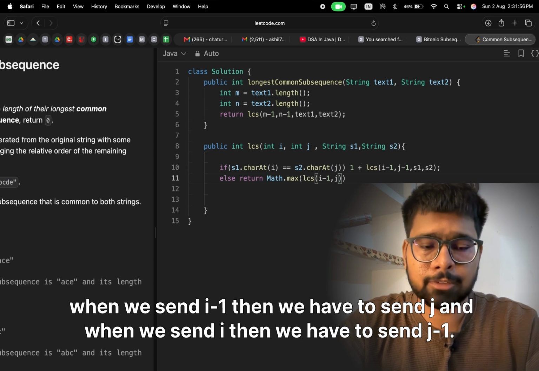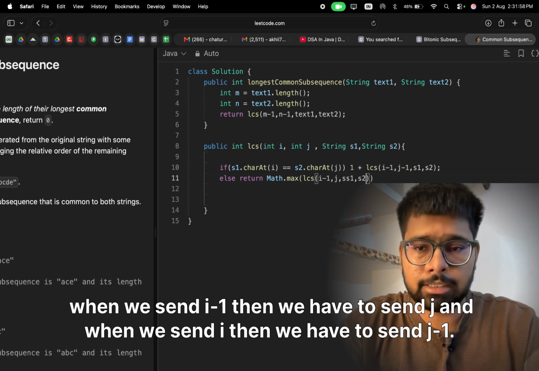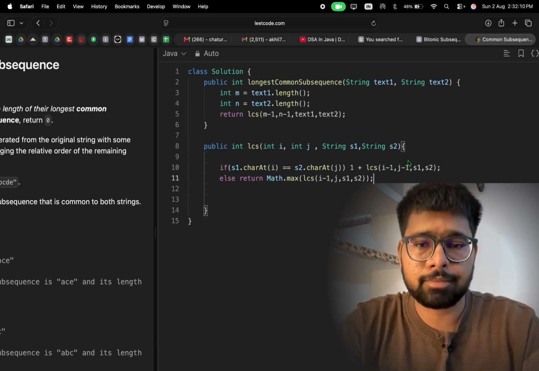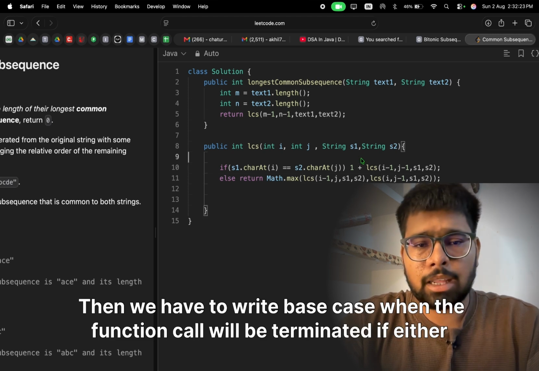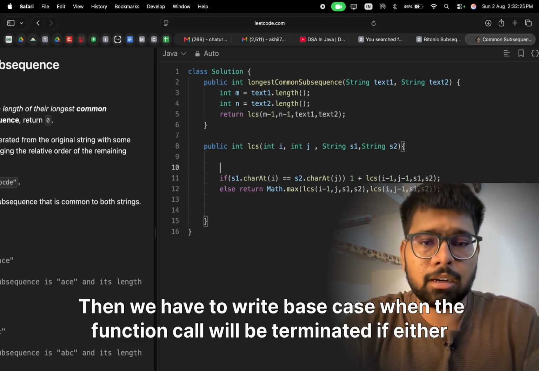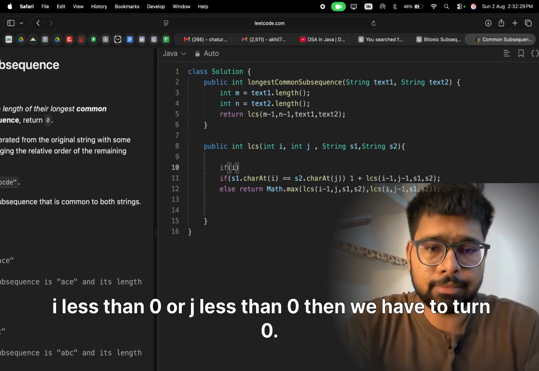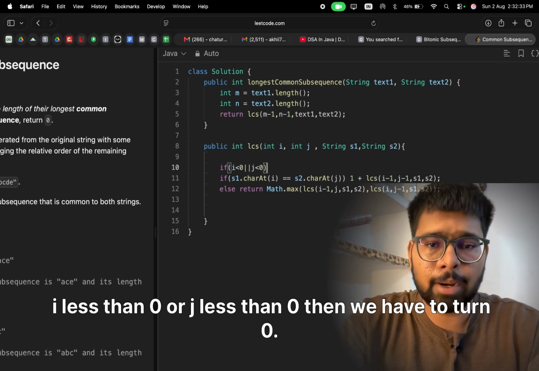When we send i-1, then we send j, and when we send i, then we send j-1. Then we write the base case where the function call will terminate: if either i is less than 0 or j is less than 0, then we return 0.